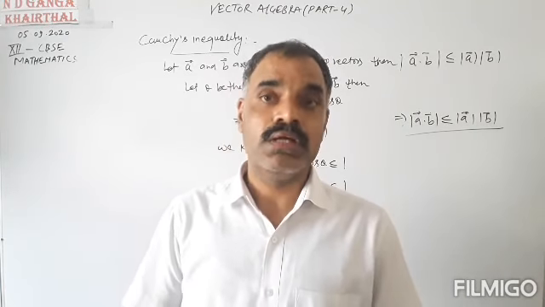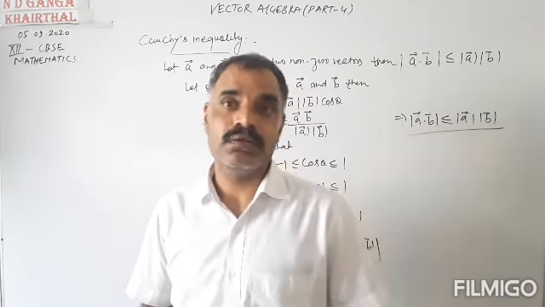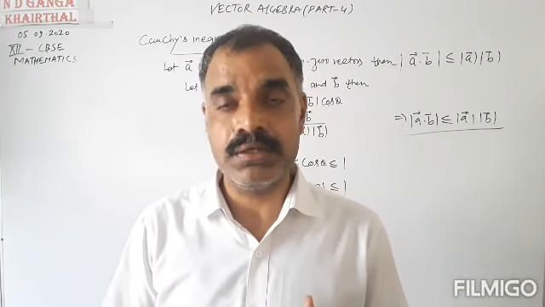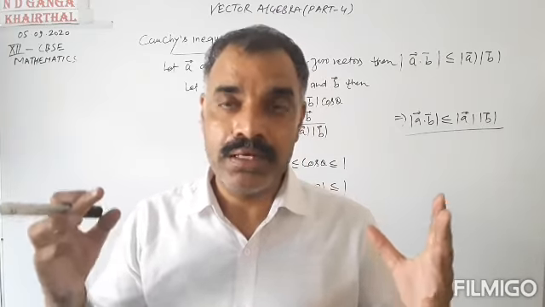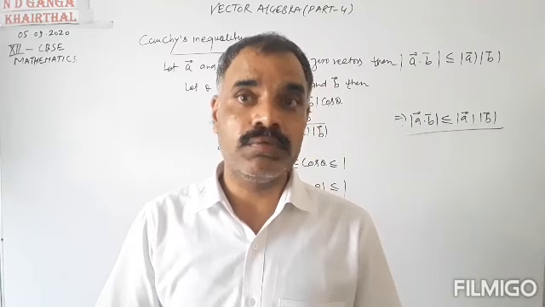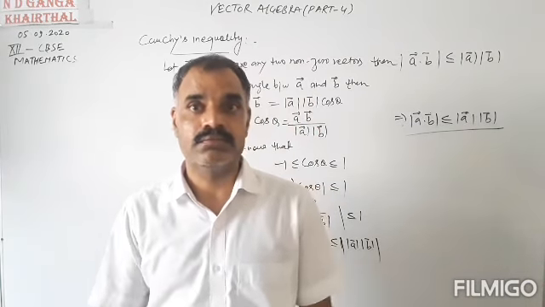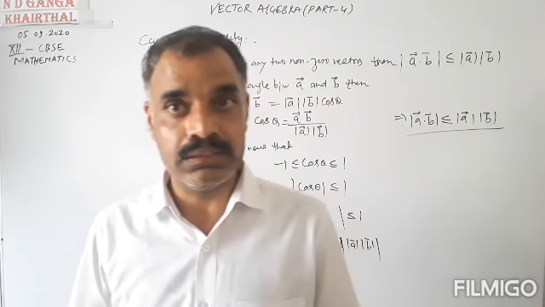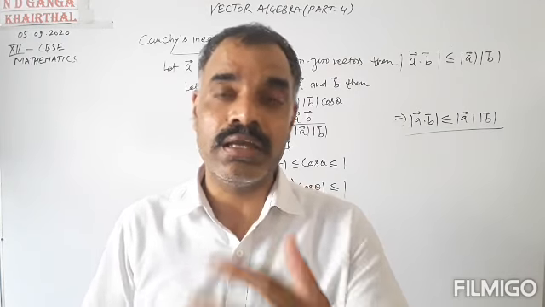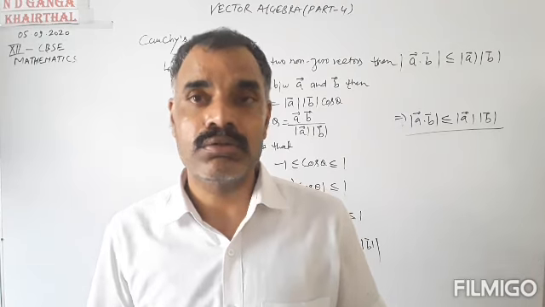Today we have discussed a lot about the dot product, that is the scalar product. Why is this a scalar product? Because when we take the dot product of two non-zero vectors, we get a scalar, a real number. That is why it is said to be a scalar quantity, and this product is mostly used to find the angle between two vectors. So this is all about the dot product.